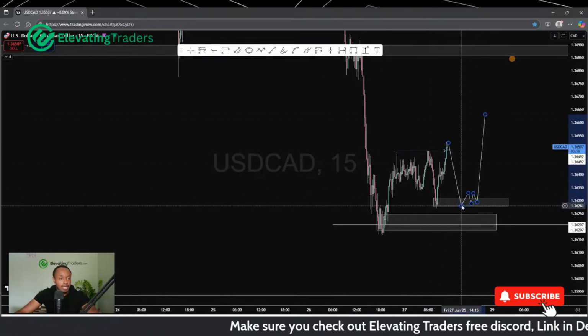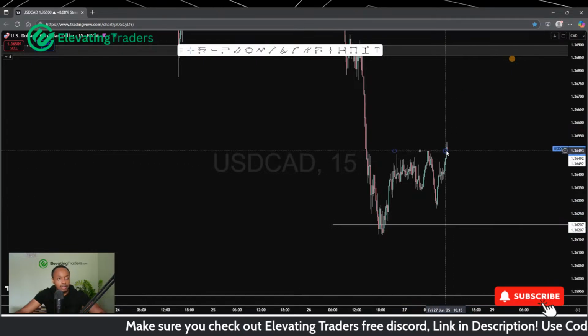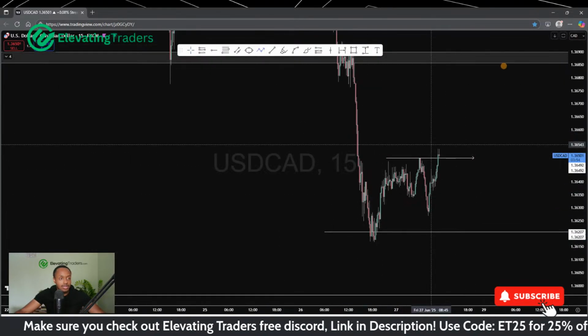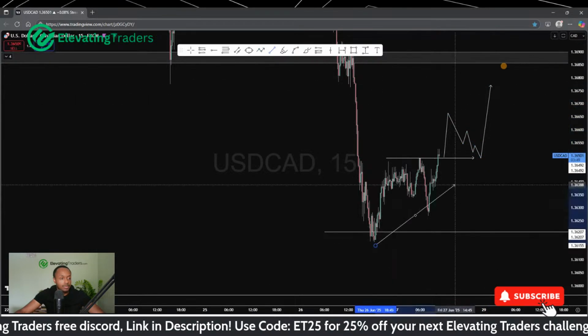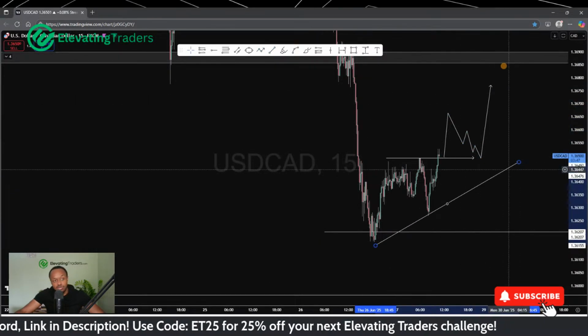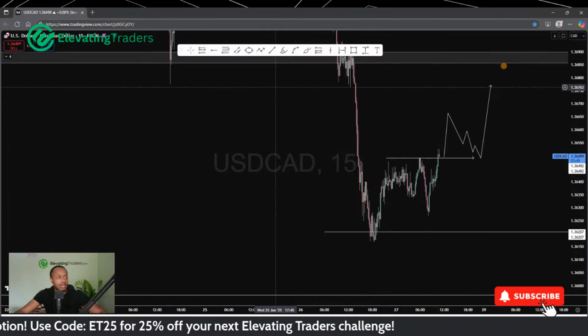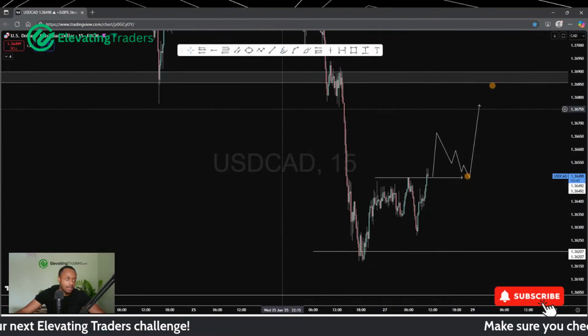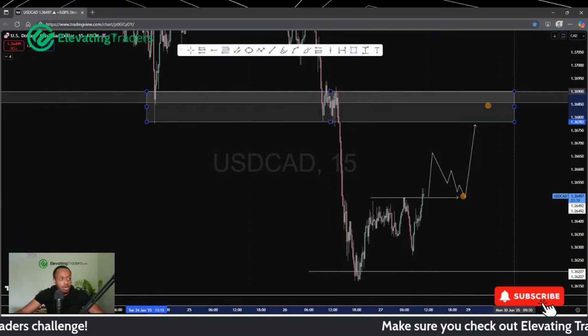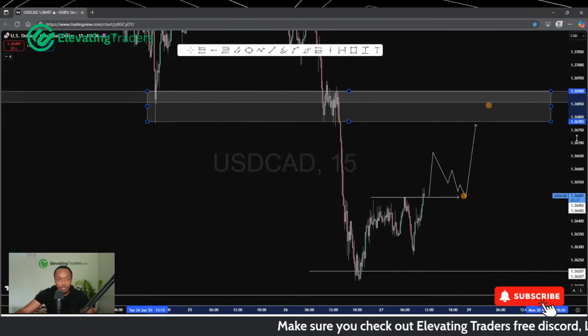Or if momentum does really pick up, then of course the retest of the high could be something to look at as well. Potentially another higher low, 1, 2, probably doesn't really line up with the trend line too well actually. But 1, 2, and then looking for the third one, retest the high and potentially a push back into the zone, because this is where I'm looking for the retest for dollar CAD.